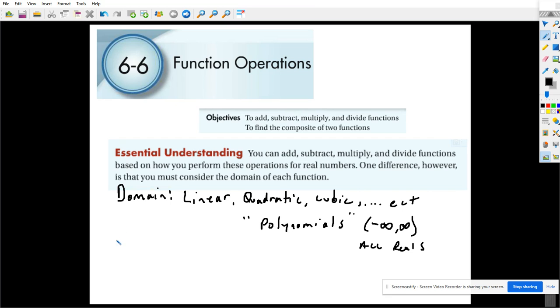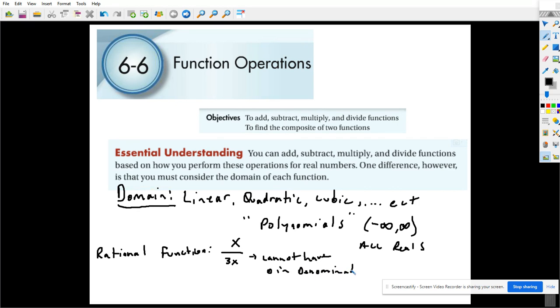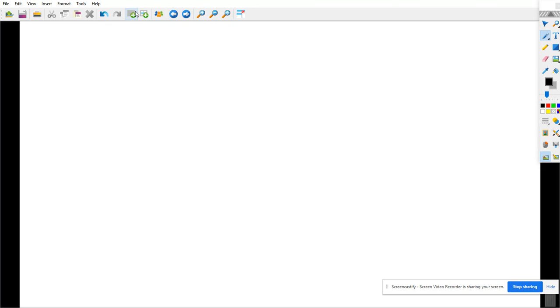Okay. Well, the domain for a rational function, rational again meaning fraction, the thing we have to worry about is when I have a zero in the denominator. Okay. So I cannot have 0 in the denominator. I'm actually going to switch slides here. I'm going to run out of room. Okay. So again, the domain for any polynomial is always all real numbers. For a rational function,